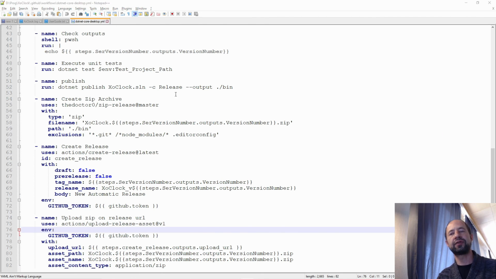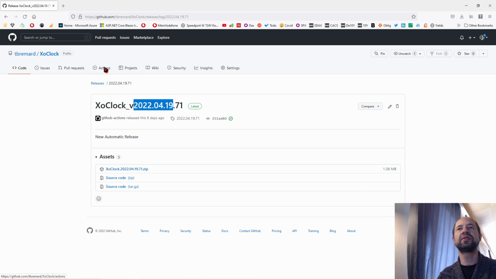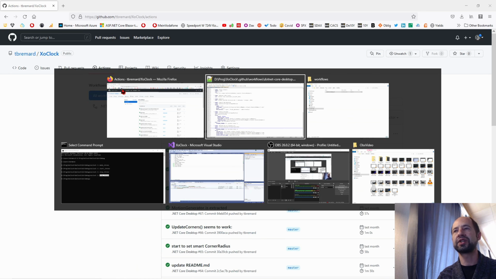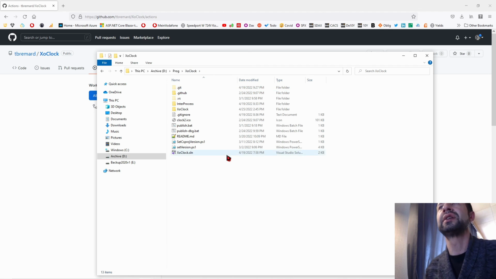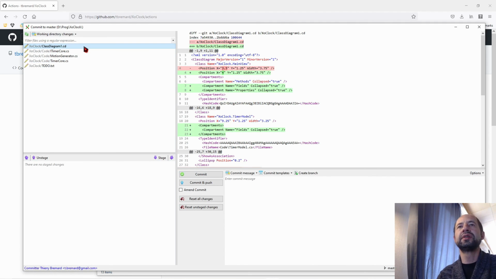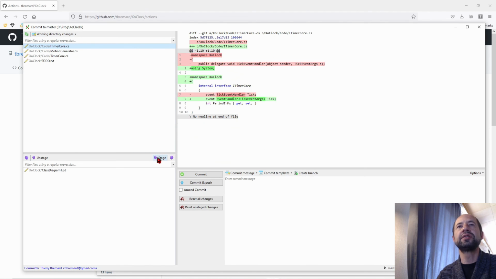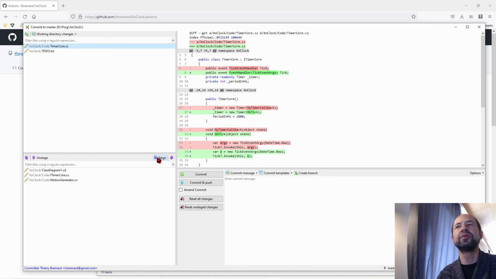So here let's look at a demonstration of how it is triggered. I have some action. I'm going to push some code live so that we check that it is triggered. So class diagram, I can commit this. E-timer core, I am committing the different modifications that we have seen with the timer things.